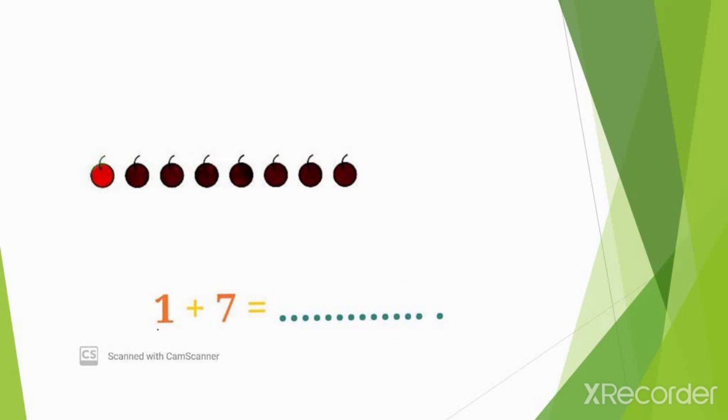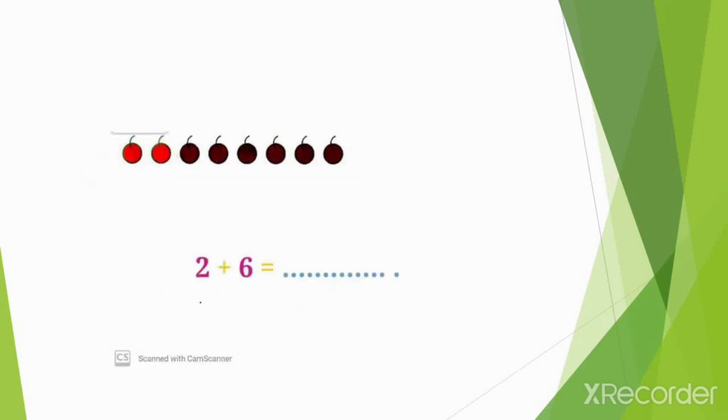Now look at this. We have to add 1 to 7. Look, this is the given figure 1. And we have to add this 7 more to it. Then what will happen? We have to count all these objects together. 1, 2, 3, 4, 5, 6, 7, 8. By adding number 7 to 1, we get number 8. Isn't it interesting? Want to see more?